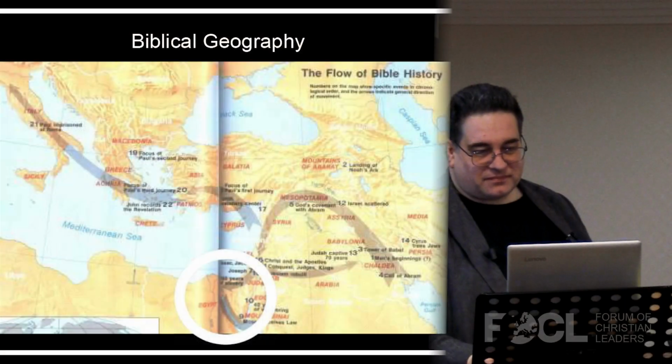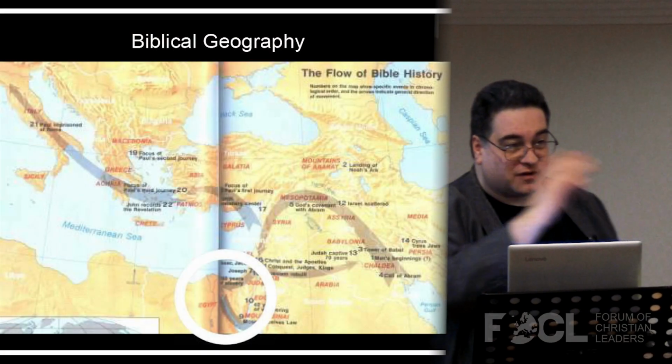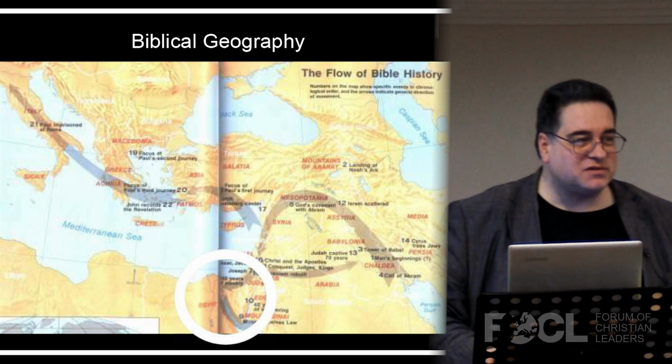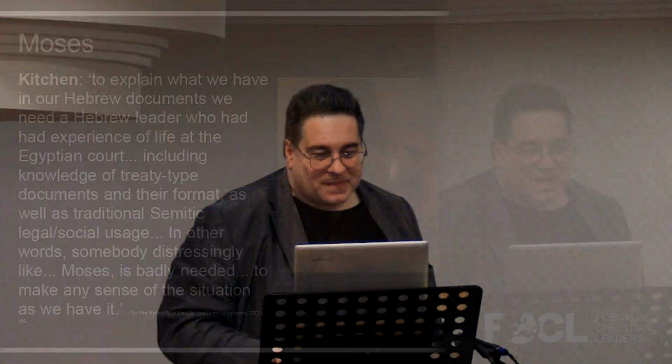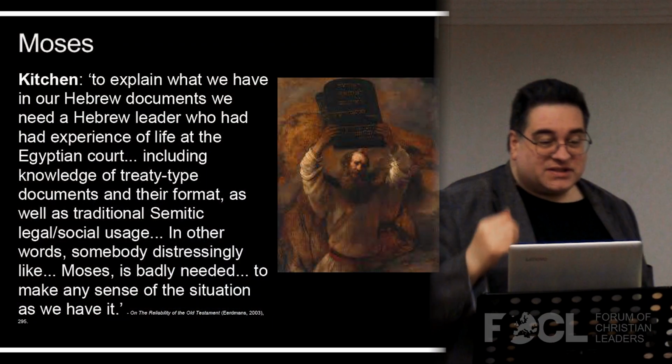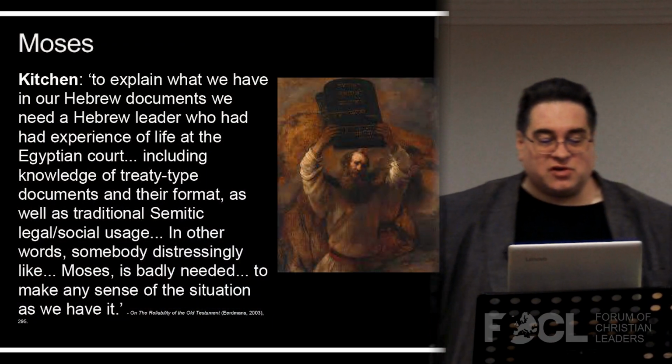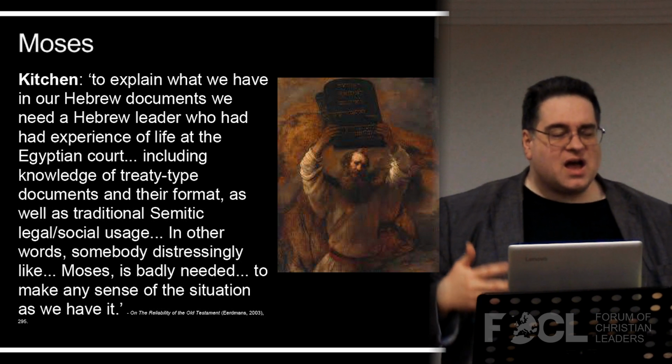Interesting. What about the Exodus? Sticking with Egypt, of course, following the story of Joseph, having been sold into slavery there, and now looking at his descendants. And we come on to Moses in about the 13th century BC, I would say, but that is controversial because there's several schools of thought over the dating of the Exodus and so on, but hey, I'm going to plump with that. Kitchen, again, says to explain what we have in our Hebrew documents, we need a Hebrew